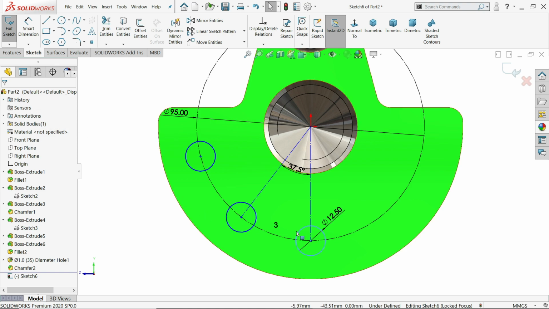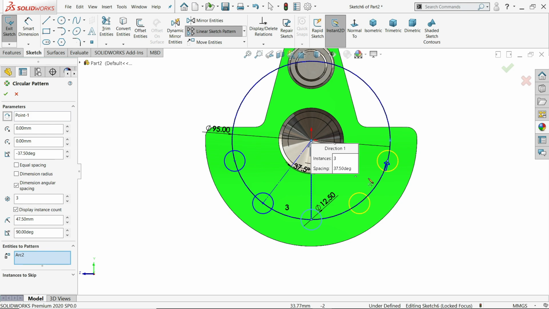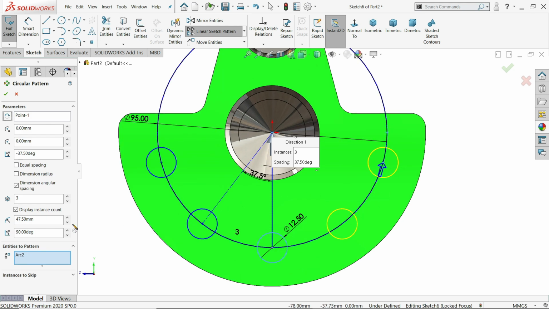Say OK. Now again I'll choose circular pattern, point selected, click reverse direction, uncheck 37.5, 3 number of patterns, reverse direction. See, this time it's moving this side. Rest keep same as it is.